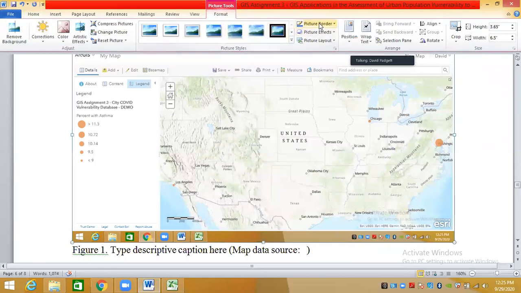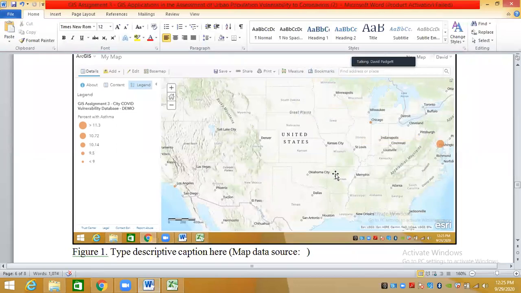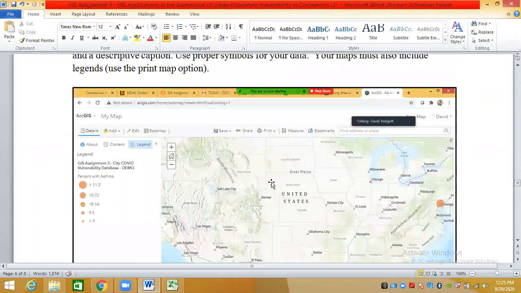And boom, border, weight, 1, boom. Okay, now with any